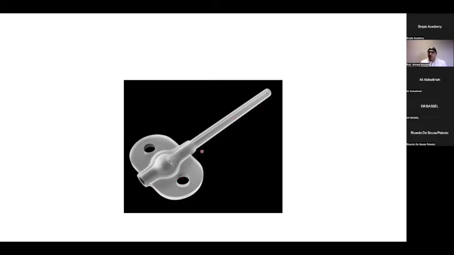The problem of the tube extender is actually multiple difficulties. First of all, it is expensive. It's around 200 US dollars. Number two, it is not available, at least in Egypt here. And thirdly, it is very bulky. So most of the glaucoma surgeons don't like it because it's very bulky. So for that,